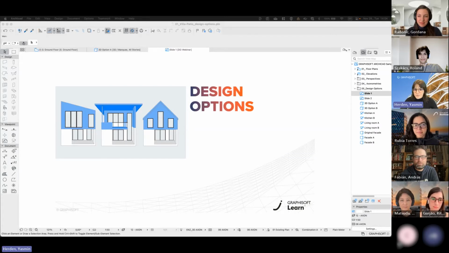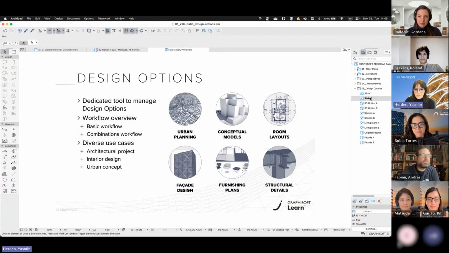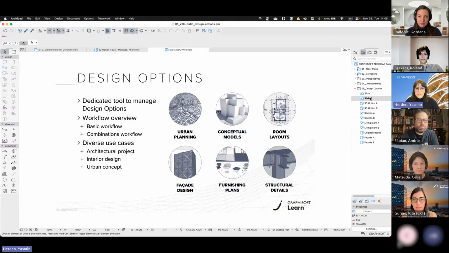And as Gordana mentioned, I'm going to start showing some workflows, workflow uses, and then some use cases with some practical examples. So let's start with just talking a little bit about design options. So, well, if you're an architect or designer, you probably encounter a situation where you wanted to develop more than one option or more than one different situation for a given project you're working on. So now with Archicad 27, we have this dedicated feature that is designed specifically to tackle